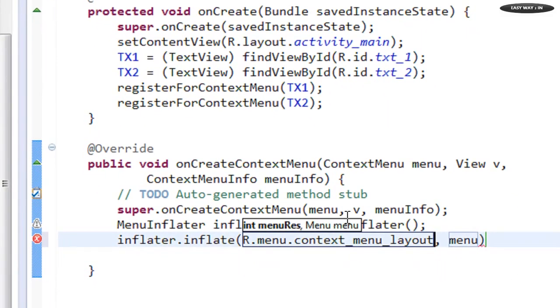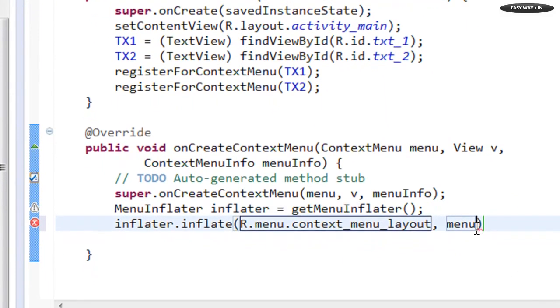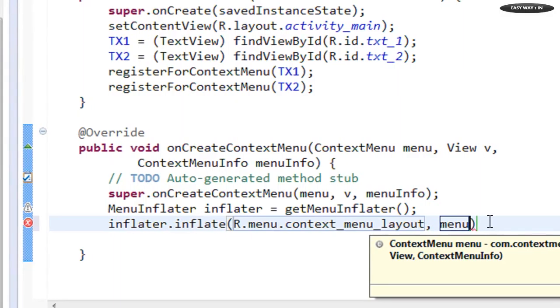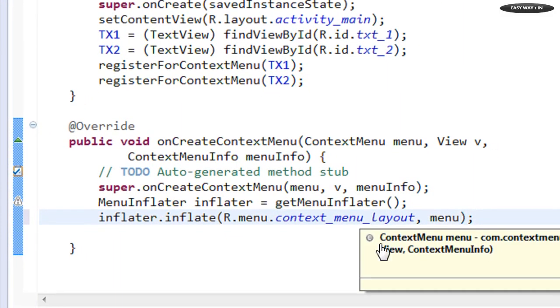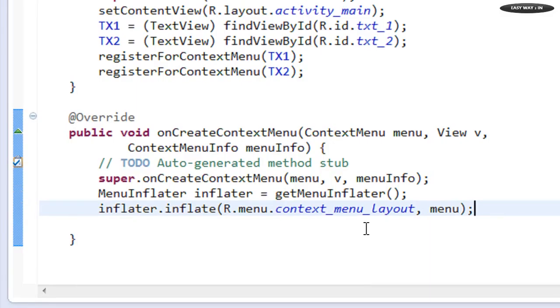Also you need to pass the ContextMenu object as the second argument, because the menu type used here is a context menu. Okay, that's it. Now you have successfully coded